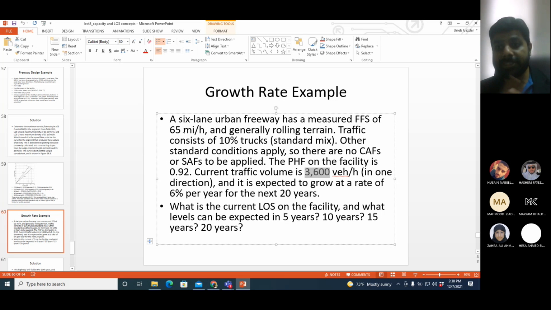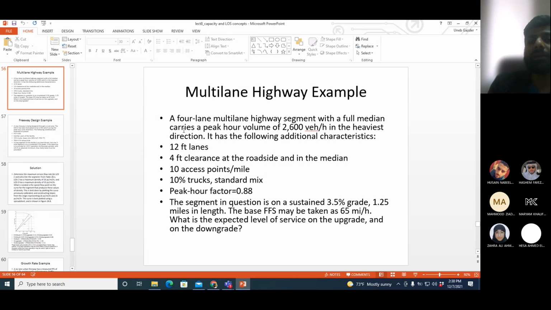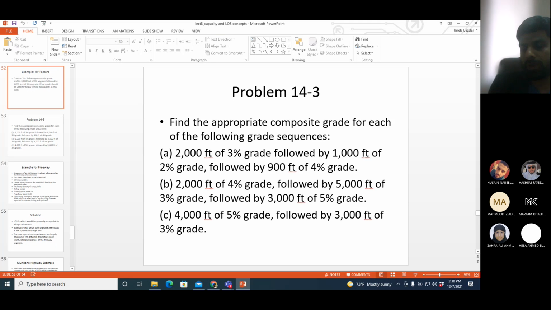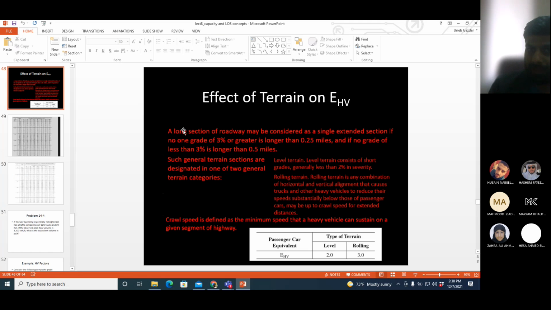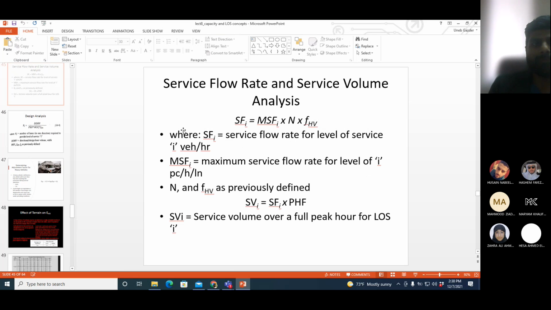Okay, so this is one way of doing it, but we will do it in another way, which is possible only because the free flow speed is 65. The other method which I'm going to explain just now is only possible because the free flow speed is 65. Why is that important? Because in the highway capacity manual and in our textbook, they have given the speed flow curves for highways with few free flow speed values. Okay. So for example,